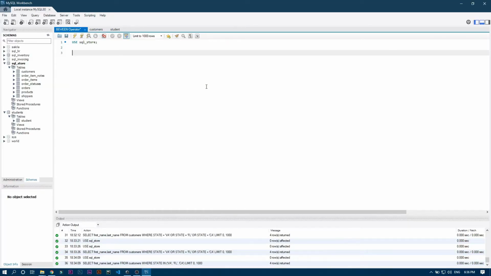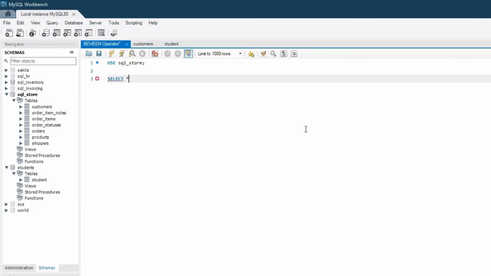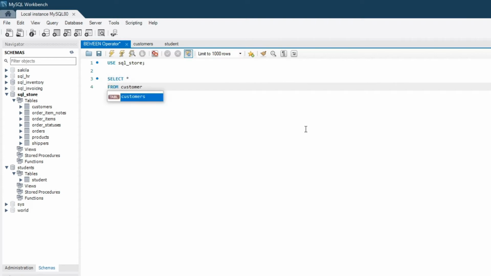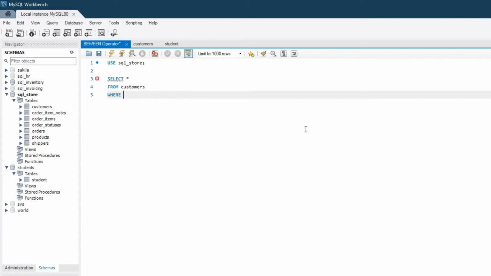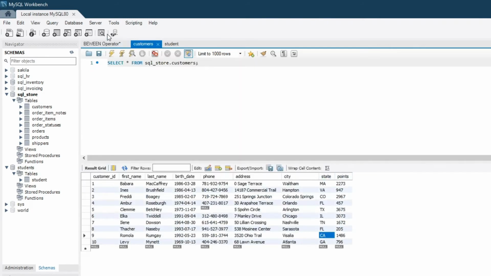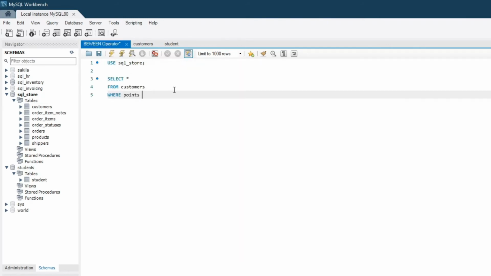So guys, in this video we will learn about the BETWEEN operator. For example, we will take this select star, like select all the columns from customers, and then where, assume the points, actually the name of the column is points. Yeah, that's fine. So the points is greater than 1000, and points is less than 2500. Great. Now if I run this command,